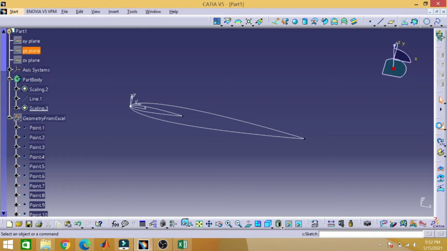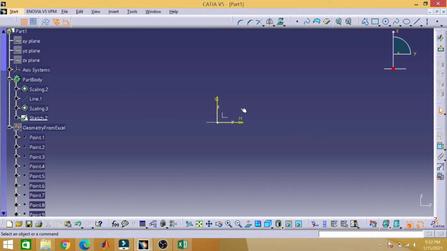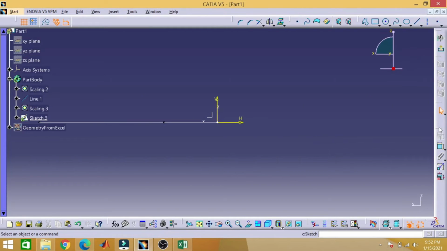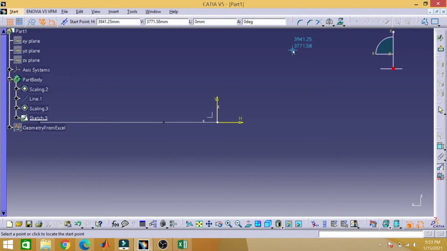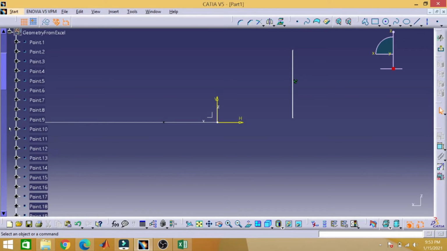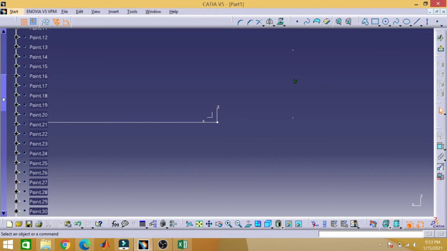But if I go for YZ plane, that is not looking good too. Maybe it is the ZX plane. Let's work on it and then we will see the consequences. Just make the line and make sure that your line end is just coinciding with the point number